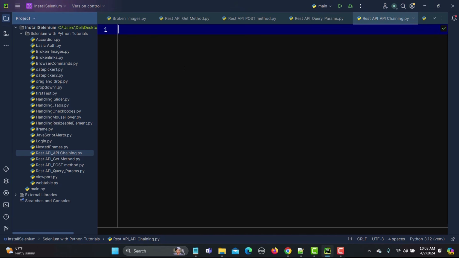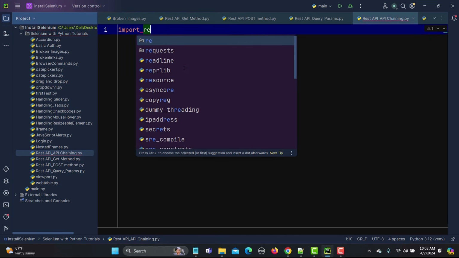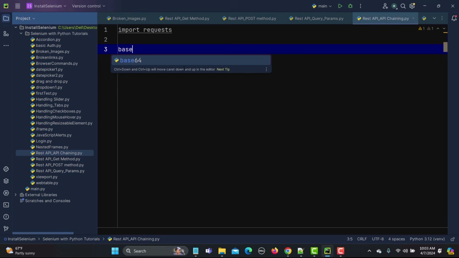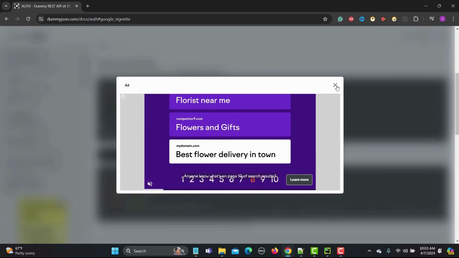The first thing is that we need to import requests. Then base_url equals, so the base URL is basically, we talk about this authentication API,